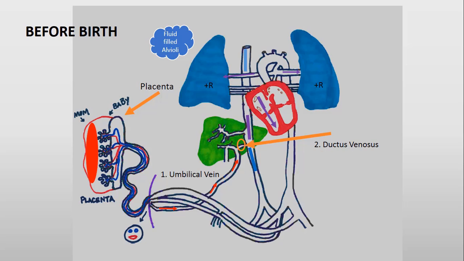So this is where we end up with our next adaptation, and this is what they call the foramen ovale. Now many consider this to be a hole in the heart, if you will, but really it's not. What it is, it's a flap, and the flap opens due to the pressure gradient. So since the